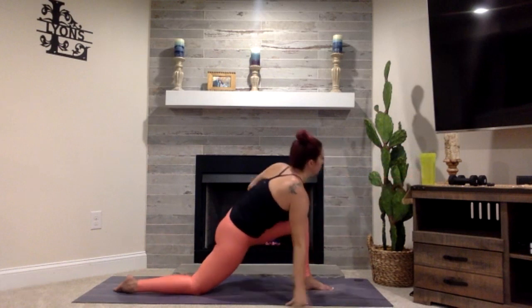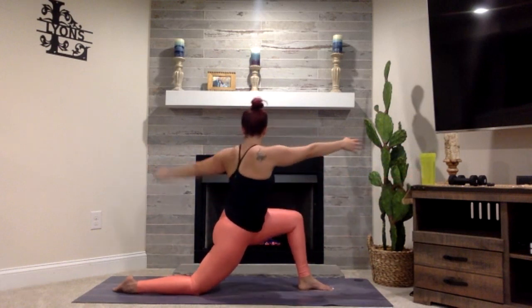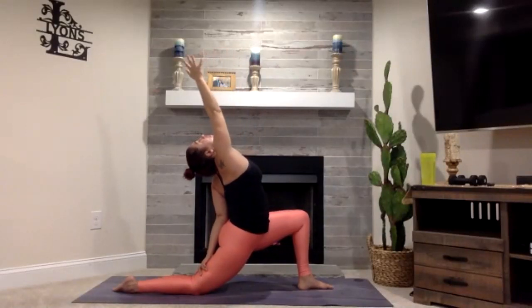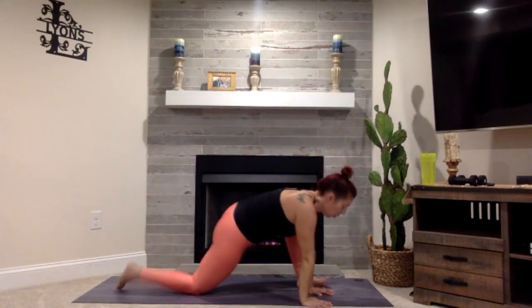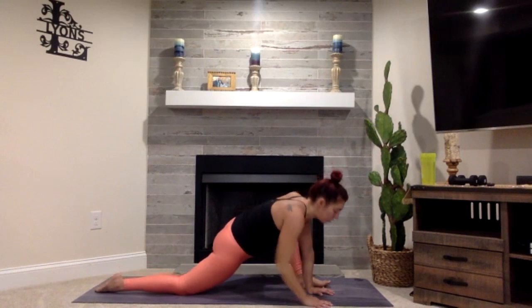Nice work. All right, now rise up, right arms in front, left arms behind. Remember, anything that left hand grabs, back bend with that right hand. And then cartwheel your hands to the inside of your left foot. Walk your right leg back as much as you can, expand and open up, and then come down to your